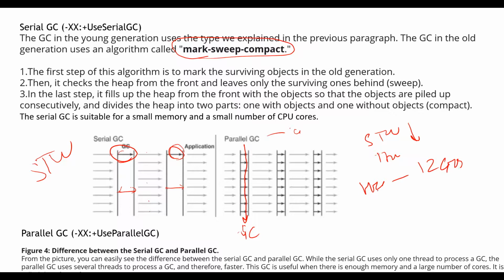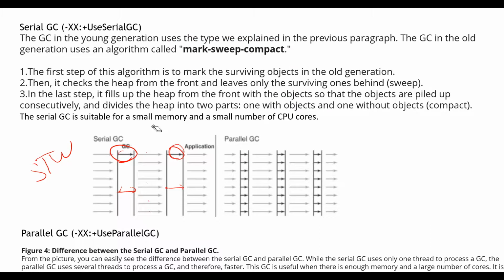So just to explain, when the heap size is 12 GB of memory and you are using serial GC, to sweep out the 12 GB heap space takes a lot of time. But when you are using parallel GC, for this 12 GB of memory there are a number of parallel threads doing the job, so it will take less time to clear out the heap. So that's how parallel and serial work.